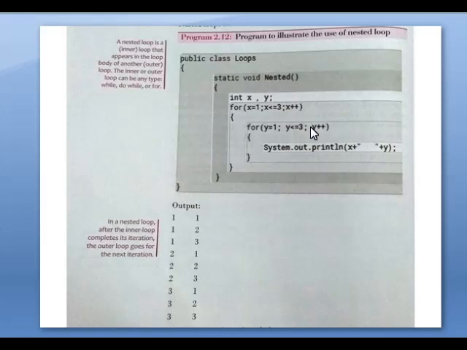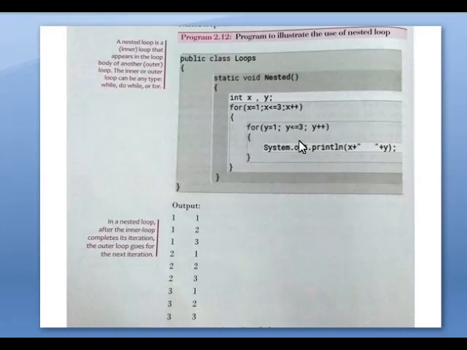So when the inner loop becomes false, we go to the outer loop and increment the value by 1. Now x value is 2. Okay, x value is 2 and y value is 1. Again we check 1 is less than or equal to 3, yes, the condition is true, so x value 2, y value 1. Like this it will go on till the condition becomes false, meaning both the outer loop and the inner loop conditions become false. Okay, so this is called a nested loop.